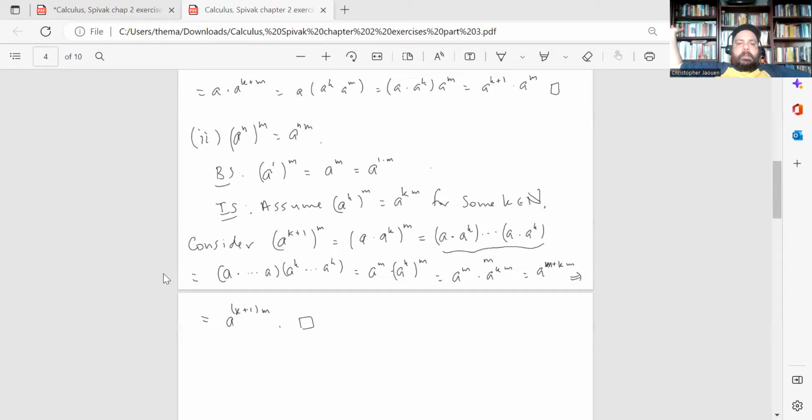m times, and then a to the k multiplied by itself m times. So that's a to the m times a to the k raised to the m power. And then by the inductive hypothesis, a to the k to the m is the same thing as a to the km. All right, and then using part 1, that's the same thing as a to the m plus km, and then if you factor out the m, you get a to the k plus 1 times m. Okay, so that shows that those rules of exponents